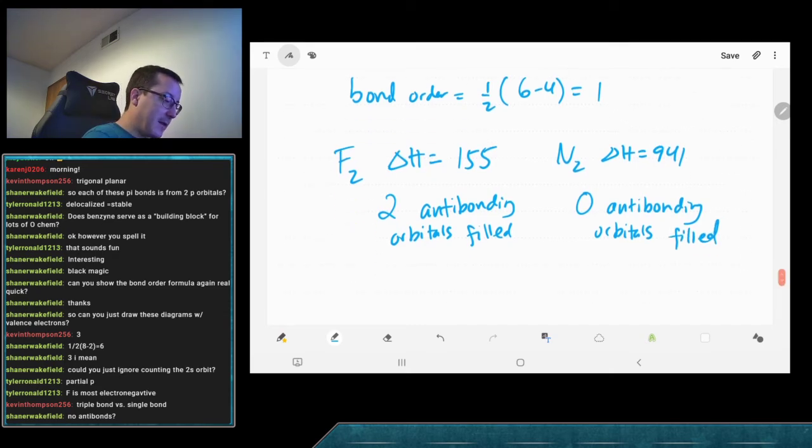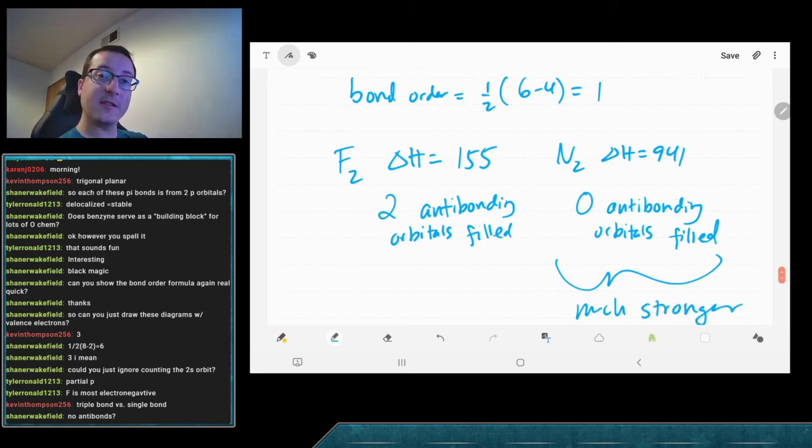So we're going to see that this one is going to be much stronger. We have three very good things going for this nitrogen. For fluorine, we have three very good things as well, but we also have two very bad things. So as a result, it's going to take a lot more energy to break nitrogen apart because it